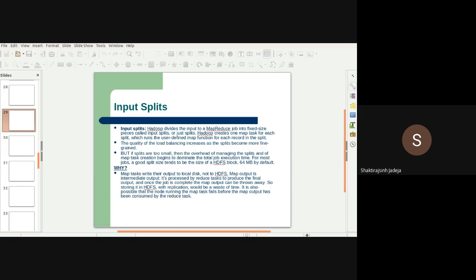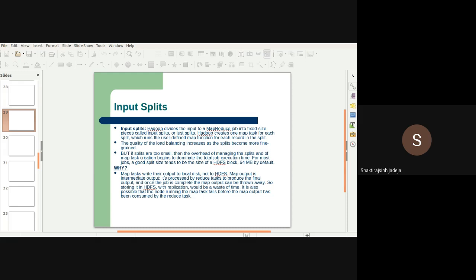For most jobs, a good split size tends to be the size of an HDFS block, which is 64 MB by default. It's not compulsory that you use the same. You can change it according to your requirement. If you have a larger system, you can make larger pieces also, right?